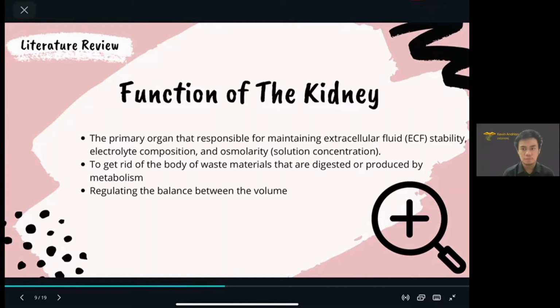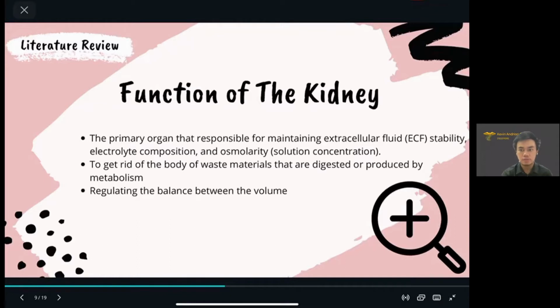Here, I will add to the explanation of my friend Della. My name is Kevin Andrian Chandra, and the last three digits of my number are 095. The kidneys also play a role in regulating all kinds of ions present in the plasma, including sodium and potassium ions. The kidneys maintain acid-base balance by releasing hydrogen ions. They control the excretion of sodium ions and water to regulate the amount of ECF and help regulate blood pressure, so it will affect vital signs.